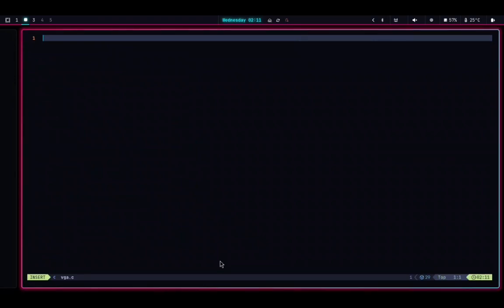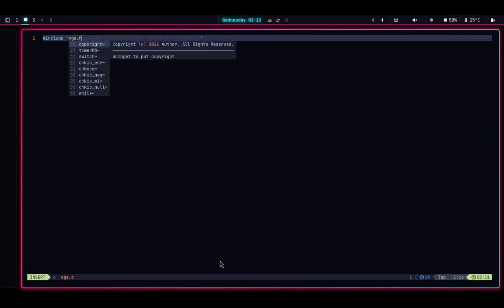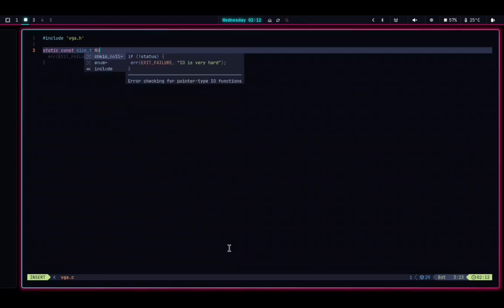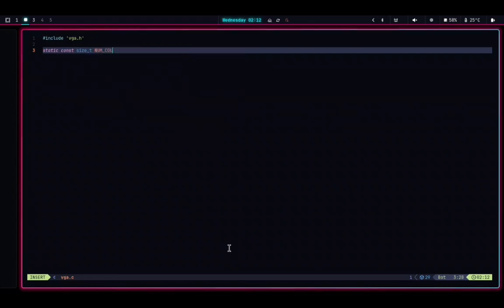vj.c. We will import the library vj.h, and static const size_t num_column, which is equal to 80,